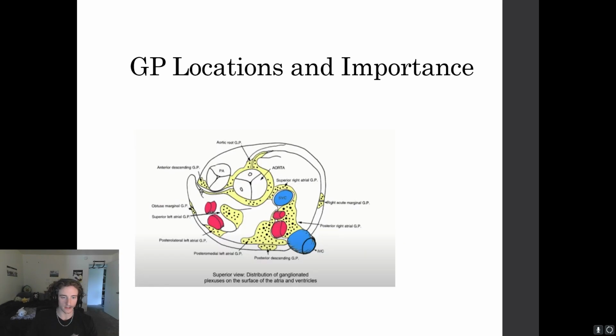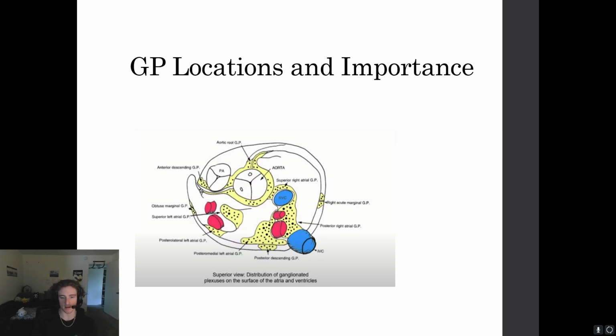So moving forward, here's another image looking down on the heart. We see, if this is the left side, this is the right side, posterior, anterior, the aorta, pulmonary artery. So we're seeing that here's where those ganglionated plexi are going to be, okay? And we see them all over the pulmonary veins and all in this area. Really, they're just everywhere on this dorsal side of the heart, or posterior side of the heart. So what does this mean? Well,